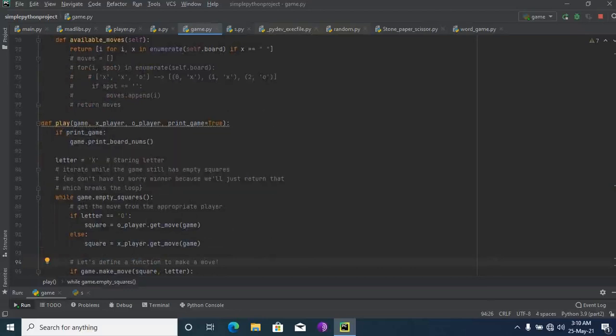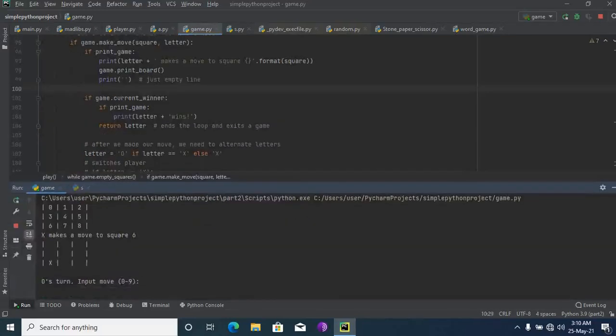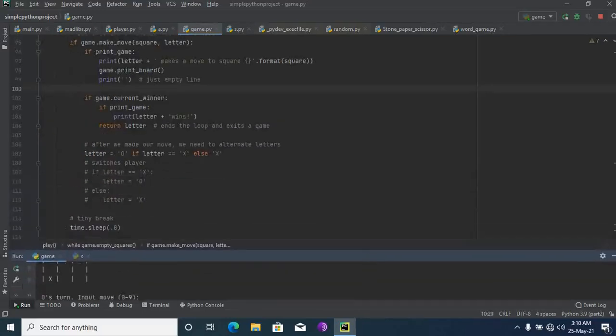Now I'm defining def play, game, x_player, o_player, and print_game True. In this I'm printing the game board numbers, first like this.